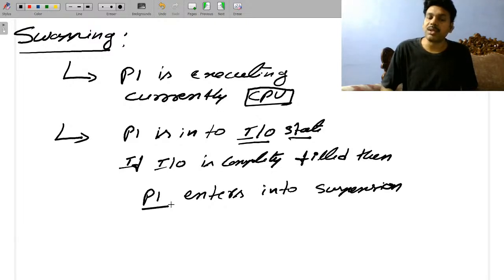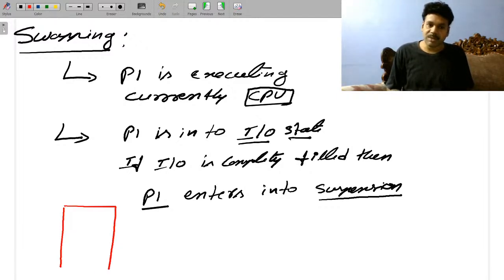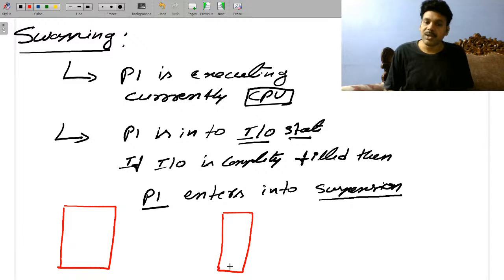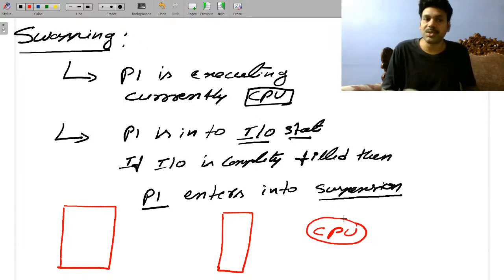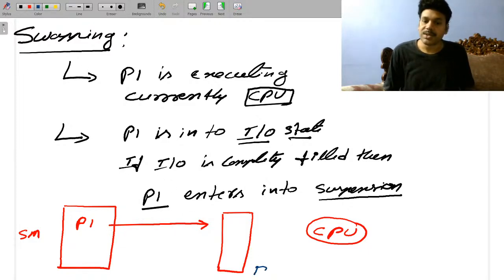So who is going to do this suspension? Suspension is nothing but, please observe, bringing the process from main memory and sending it back to secondary memory. Observe carefully. There is a secondary memory, because all your programs are available in secondary memory only, the hard disk. From secondary memory, we run with the help of your main memory, and so the CPU is able to execute your process. Now observe here, P1 is available in secondary memory. It is just placed onto your main memory. This is your RAM, main memory, and P1 is available. Sometimes it is with the CPU, and if at all it comes back because of IO,